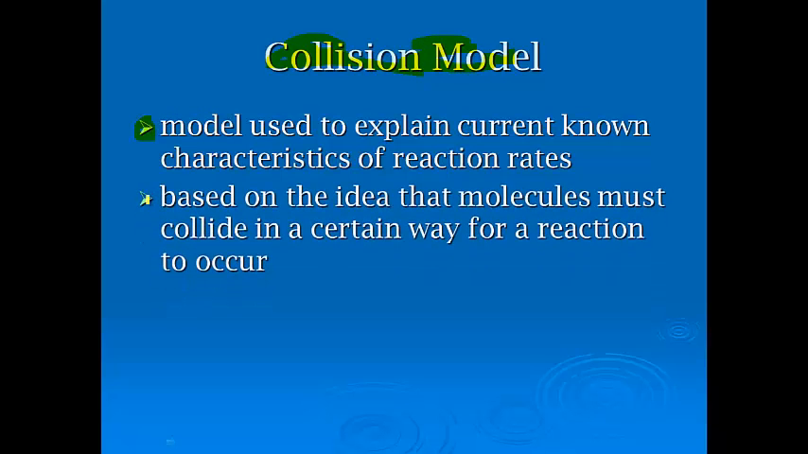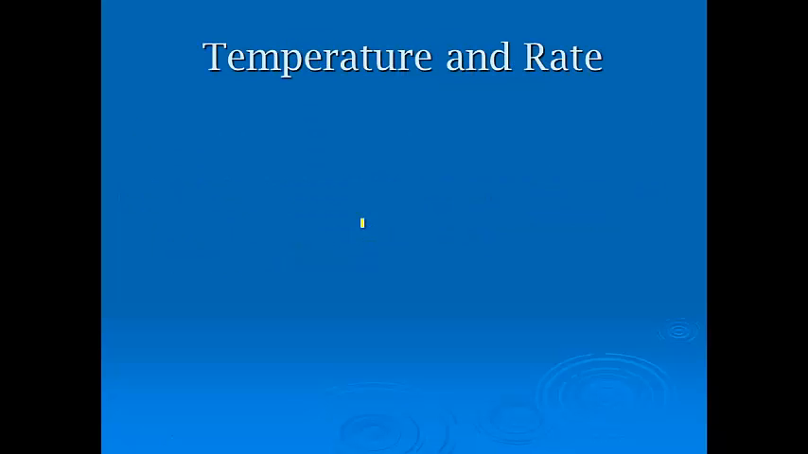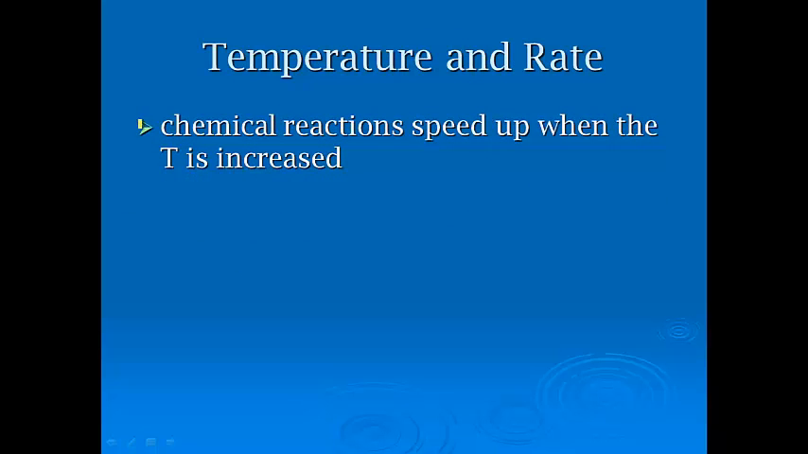What we talk about is it's based on the idea that molecules must collide in a certain way. And I always like to think of it like puzzle pieces: if you have two puzzle pieces that you try to stick together and they're not connecting the right way, it's not going to matter. But if you find the right way, you're going to make something new, and that's kind of how I think of the collision model. Now, typically, if we increase the temperature, we can speed up the rate with which it